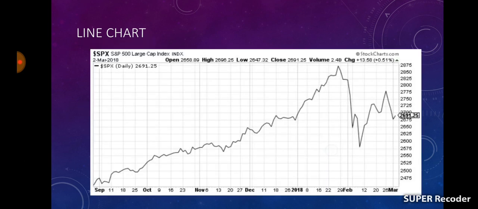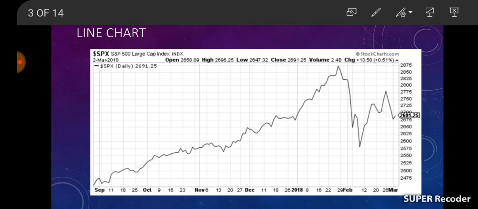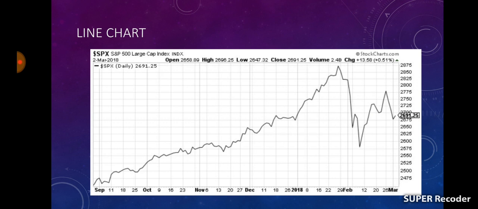From this figure, you can understand that we are representing price on the y-axis, and on the x-axis we have displayed the time period. We have plotted the closing prices of each day, and by combining these closing prices we get a line. That's why this chart is known as a line chart. By looking at this line, we can understand the tendency of the price. Here the price has an increasing tendency, and this tendency is known as bullish tendency. From here the price decreased a little bit, and again the price increased.